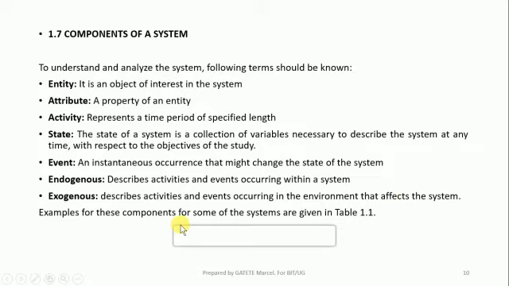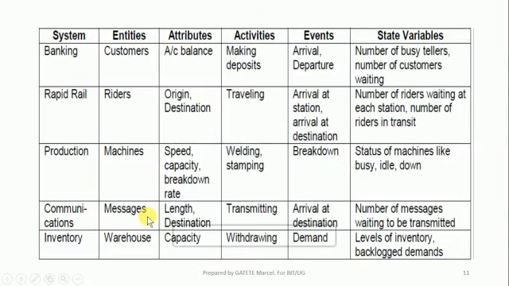So we can have examples of such components. The first example is banking. In banking, we have a system which is called banking. The entities are customers, which are the main objects. For attributes, we can have account balance. And activities are what is going on inside. We can have people making deposits.